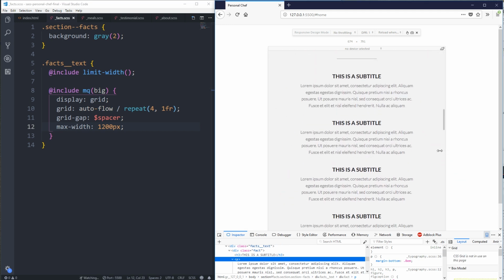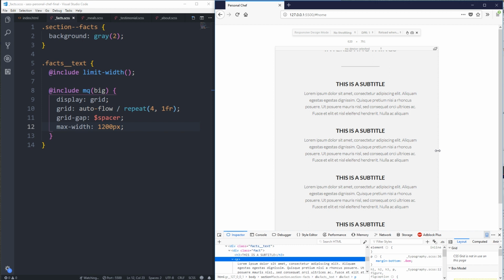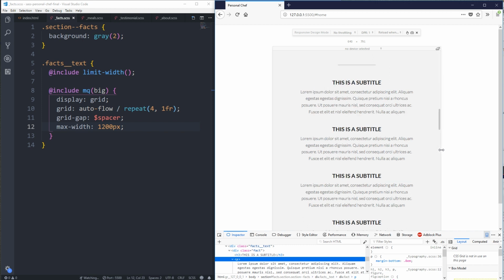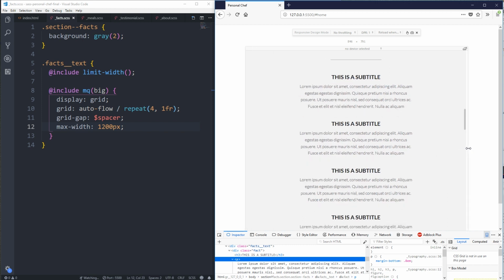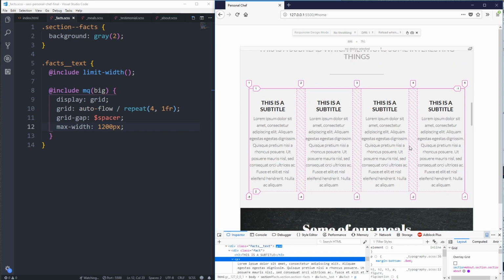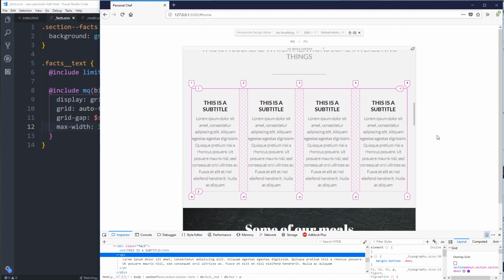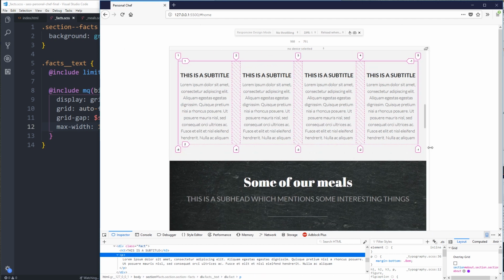So our limit width is still going to work from around there. You can see it's working. And then right soon, it's going to snap. There we go. And then we get our 4 columns. Perfect. Much better than what we just had. And then our 4 columns should stay like that. But once we get up to 1200 pixels,